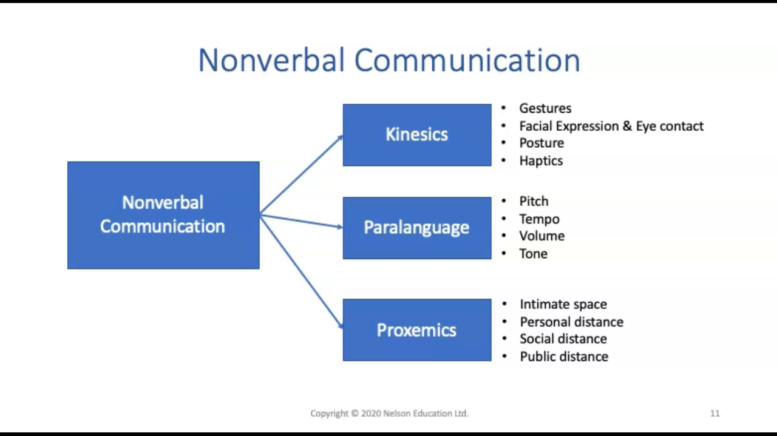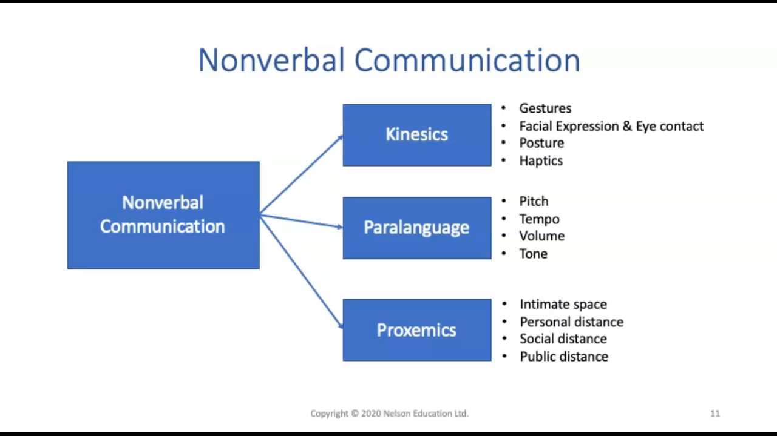So, kinesthetics is the gestures, the facial expressions, the posture. Paralanguage is the pitch, the tempo, the volume, how we're speaking. Like, you can hear excitement in people's voice, or boredom if they're flat. And then